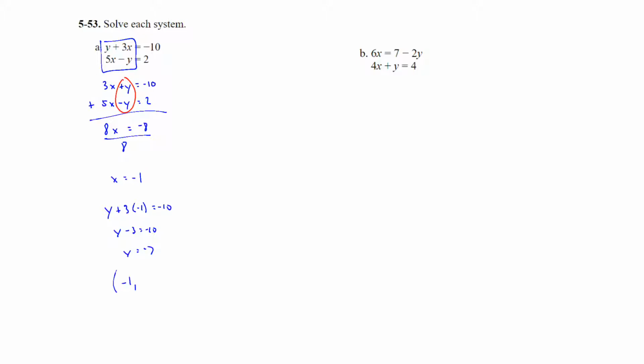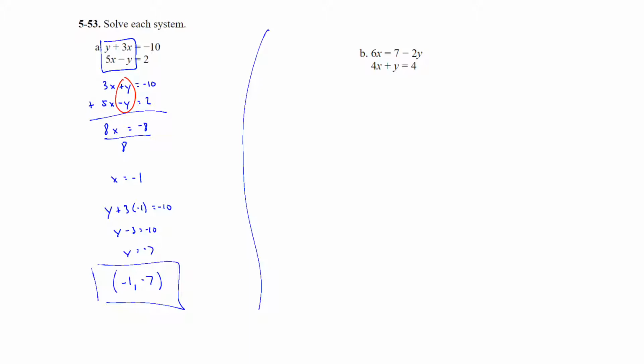So the solution, and remember to write this as an ordered pair, since it's just a generic problem. When it's an application, we're not solving specifically for a certain label. So write it as an ordered pair, negative 1, comma, negative 7. It doesn't say check our answers, but we could do that by plugging it back in to the original two equations. On B,